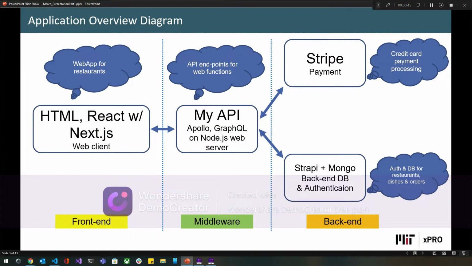Well, this is the application overview diagram of the whole app. It's divided into three main components. The first one is the front end, the middleware, and the backend. In the front end, it's a code for showing the user interface so the users can sign in, sign up. Also, they can order the dishes of the restaurants that they are looking for. They can look for restaurants. They can add dishes to the cart and finally do a checkout that will be processed in the middleware and